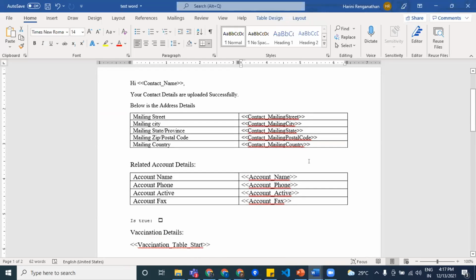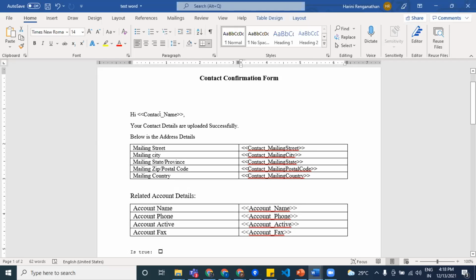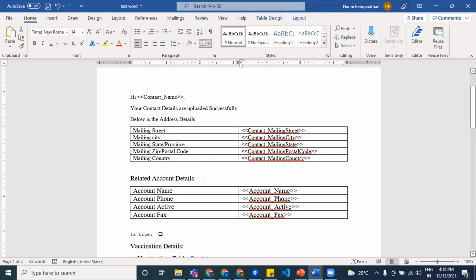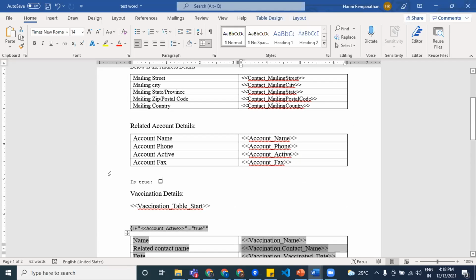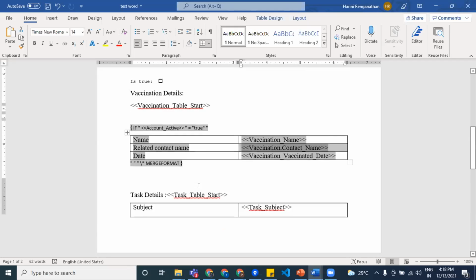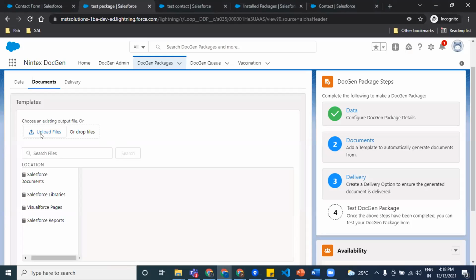So once I load this Word document, at the end, if I go and click in the contact record, it will download a PDF. That end PDF will be in this format. So this Word document acts as a template here. Hi, the contact name will be displayed and the address, related account, and the rest of the things will be displayed. So for now, let's see up to this alone. In the next 10 to 20 minutes, we'll look into the next half of this. So once I upload this test Word document, only then will we be able to download the PDF.